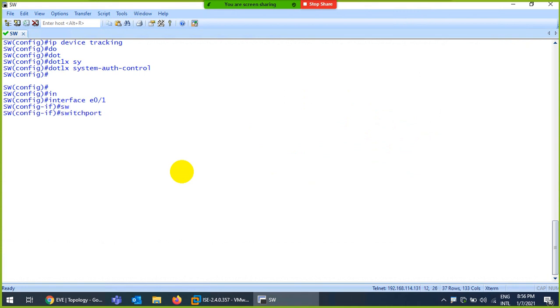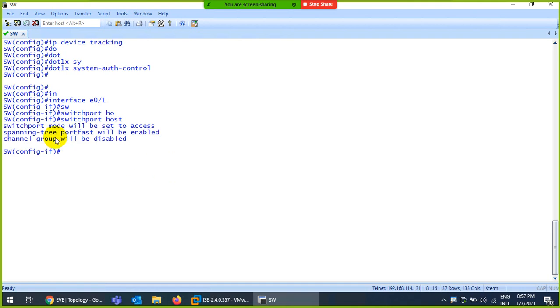First one is switchport host. Switchport host means switchport mode access and spanning-tree portfast. So we can use this single command, and it will enable two things: switchport mode access and spanning-tree portfast.